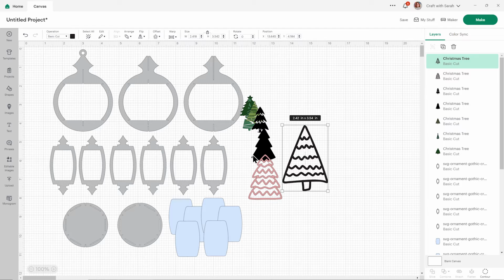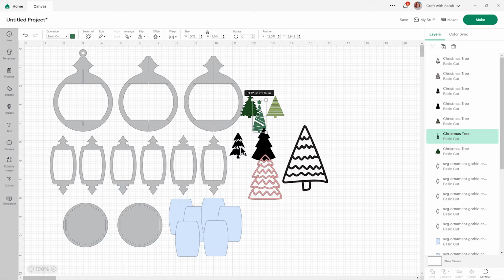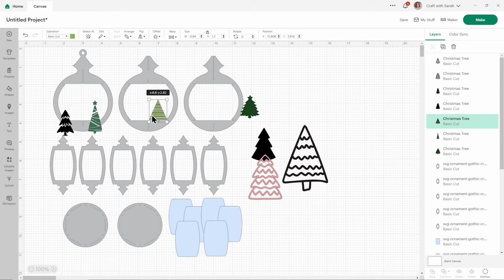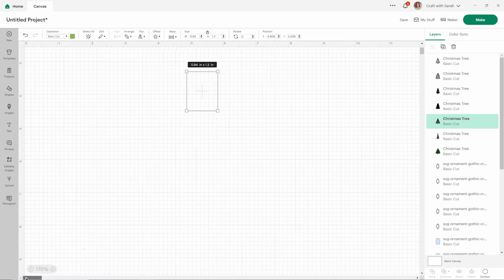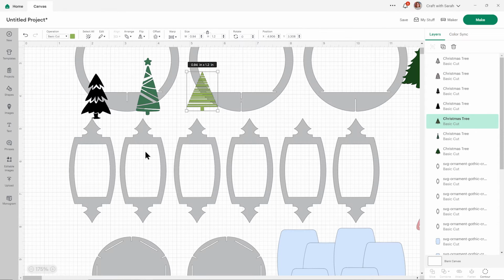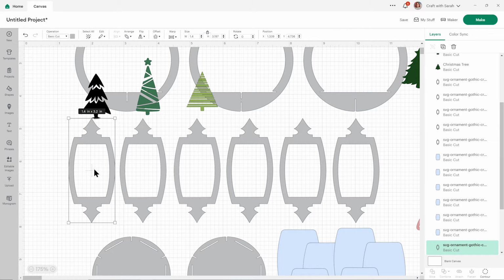I'll start by doing the stencil cutouts because they're a little bit easier to show. So I've got 1, 2, and 3. And we will zoom in so you can actually see what I'm doing. Okay, the first thing we need to do if we're doing stencils is to fill in the middle of the panel.